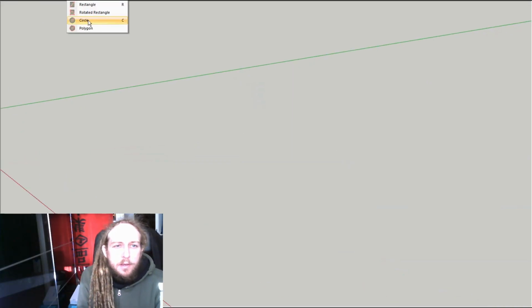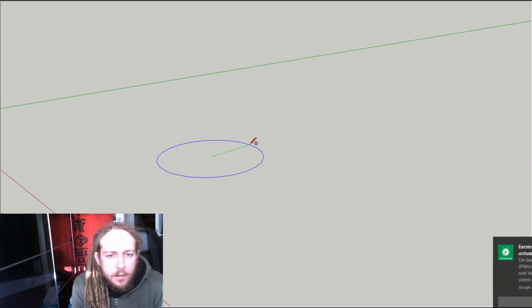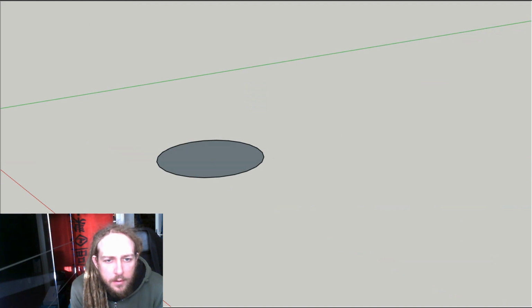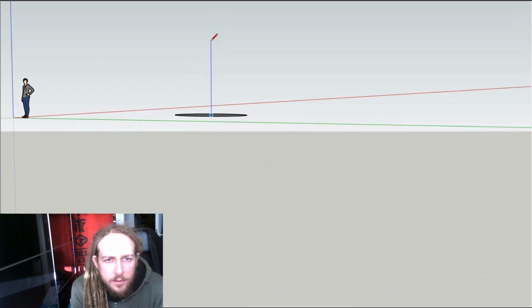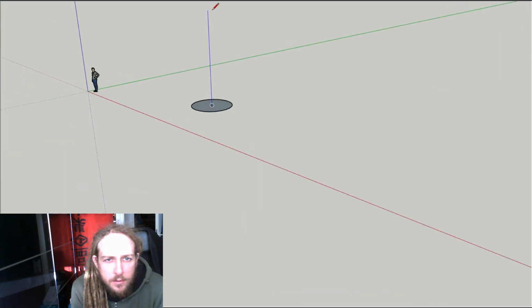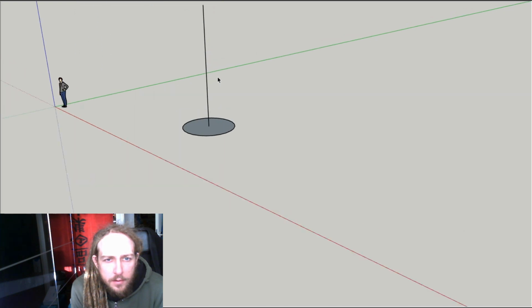Okay, so let's make a reactor. I start with a circle, and then I make a base height from the center of the circle about 45 times its diameter. At this moment, I use a rectangle. I start with a line, and then from there